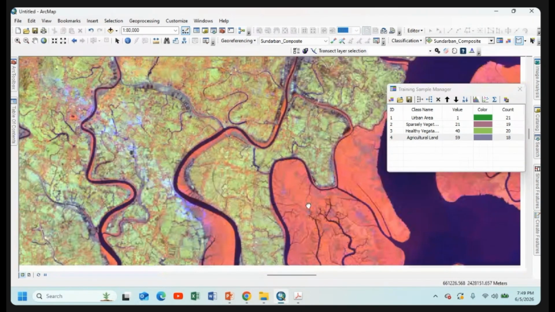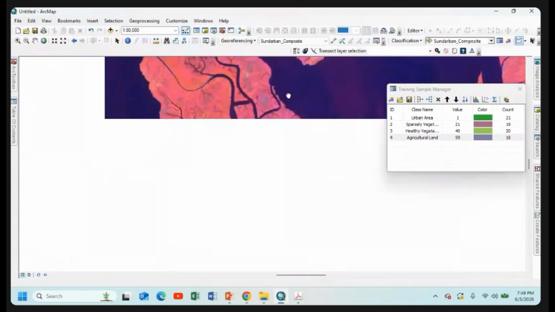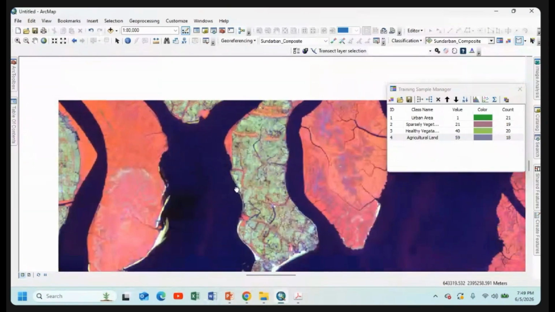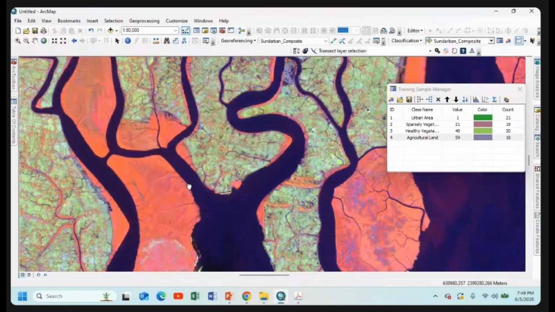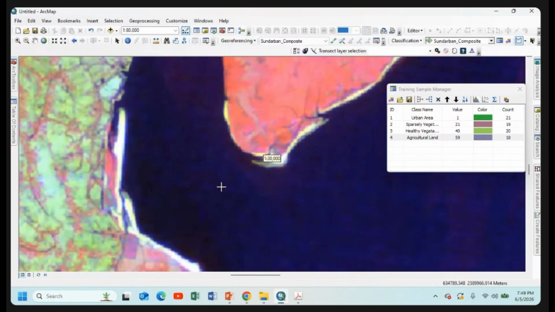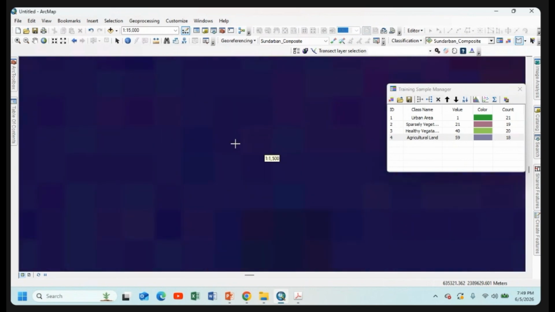Here, as Sundarban area is a Bay of Bengal connector, so here's the part of Bay of Bengal, and many small estuaries line has been observed. So we can easily collect our fifth feature class, that is water body. So for water body, we are choosing this deep navy blue color. As the light blue is very similar to urban and water, so don't be confused. Deep navy blue color is considered as water body.